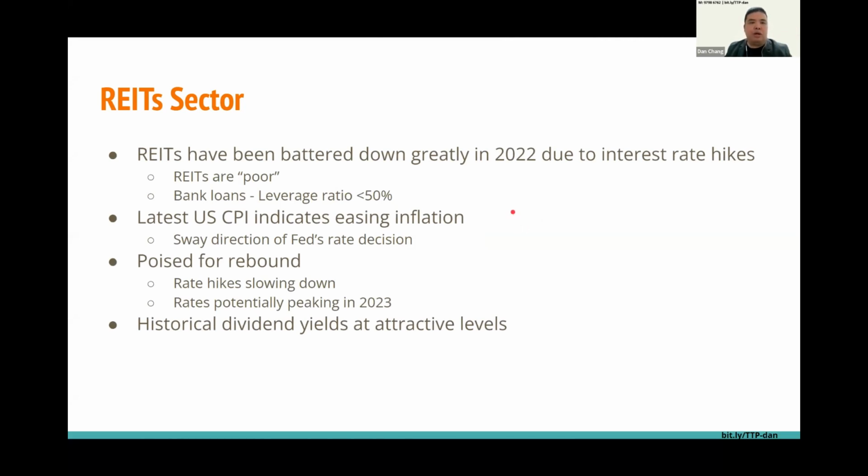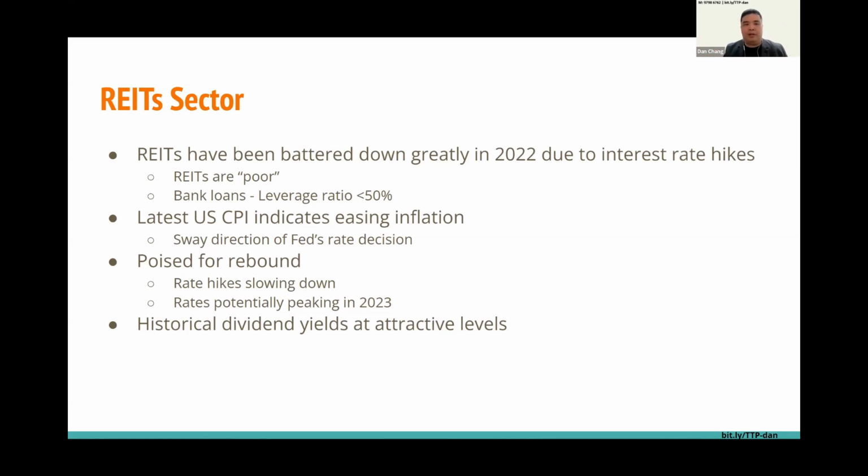As I mentioned earlier, the latest CPI data has already indicated easing inflation. That would probably make the Federal Reserve not so hawkish, maybe stay on the course of smaller rate hikes and subsequently maybe unchanged rates in the near future. So REITs are actually poised for a rebound. At this level, most of the big risks, I'm not talking about the small risks, I'm talking about big risks,